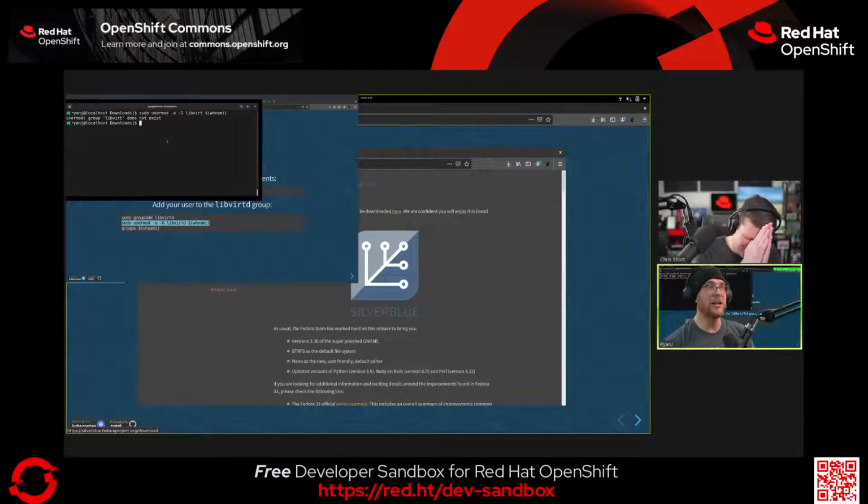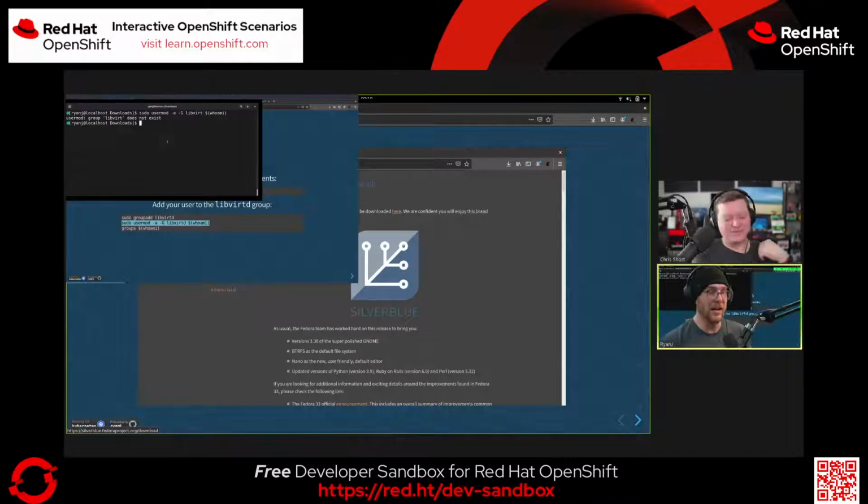So what I did was I actually did a practice run of this using an older CRC binary last night. And I know if you're using a previous release of CRC, this will boot up when you're in the libvirtd group, and it all just works. I did do an rpm-ostree update last night to get me all updated to the latest, so I probably should have avoided that particular demo step